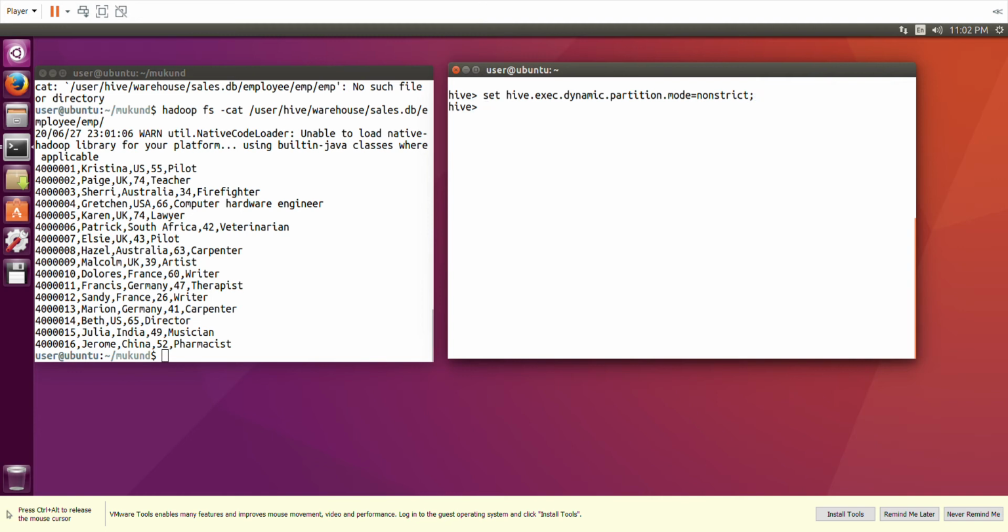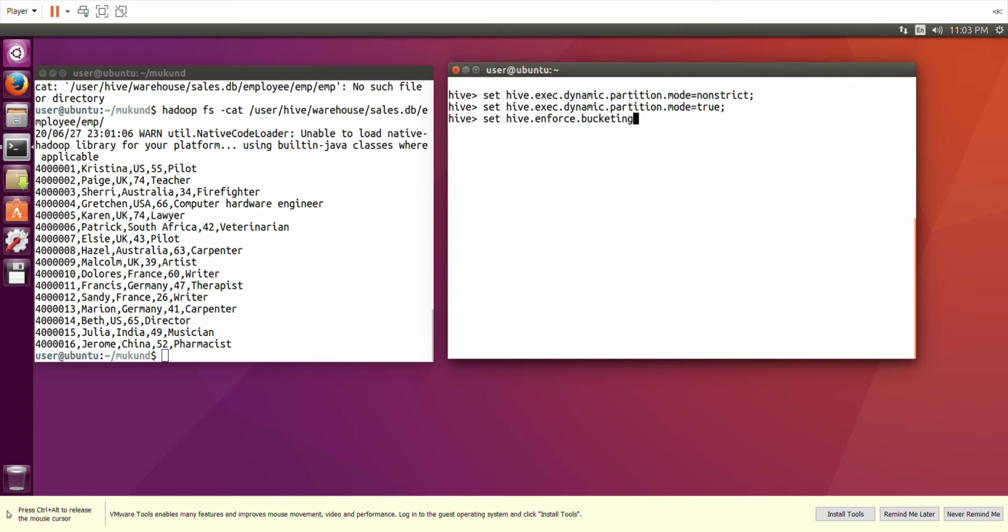This is set. Now the second thing we'll be doing, we are saying set hive.exec.dynamic.partition, and now instead of non-strict we'll say true. So we are making the partition as true. In the first one, non-strict, now we are making the partition true. Then the third thing we'll be doing, we are saying now set hive.enforce. So what are we going to enforce? We are going to enforce now bucketing.